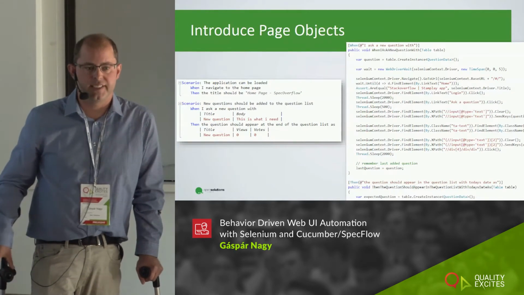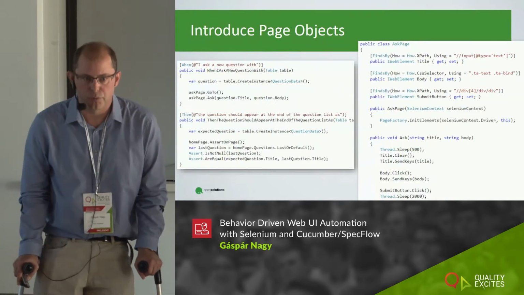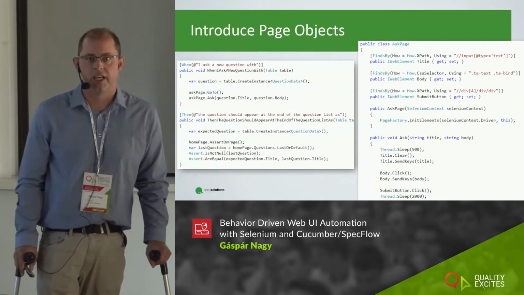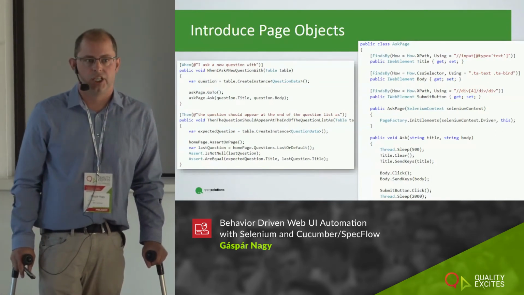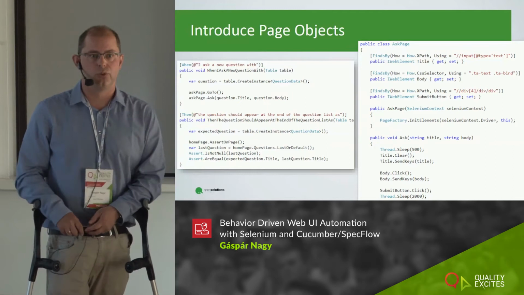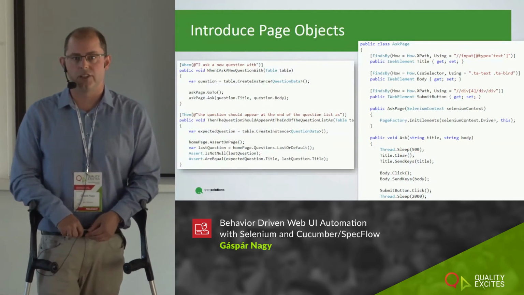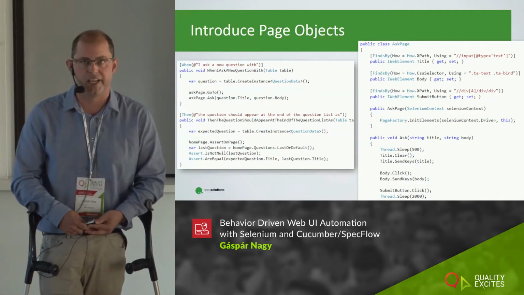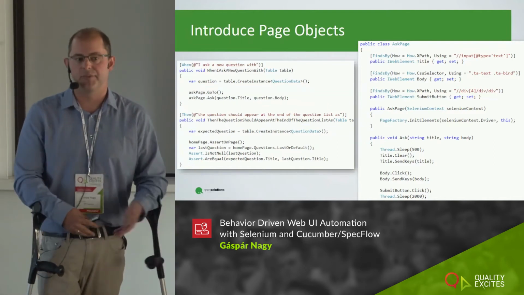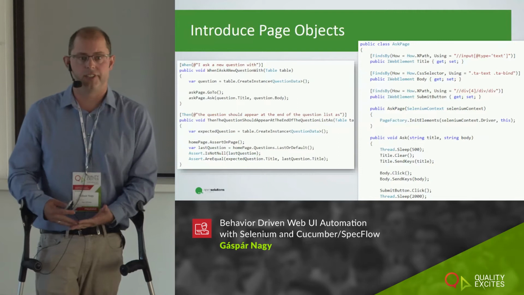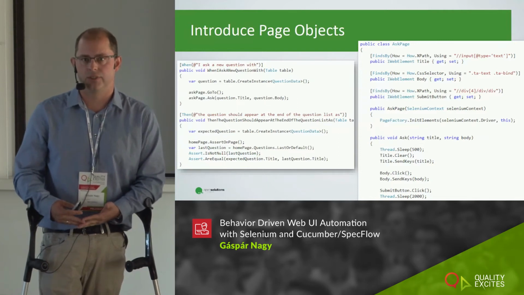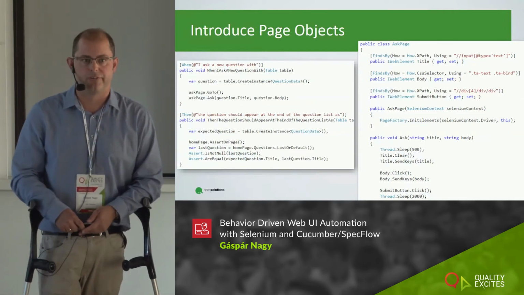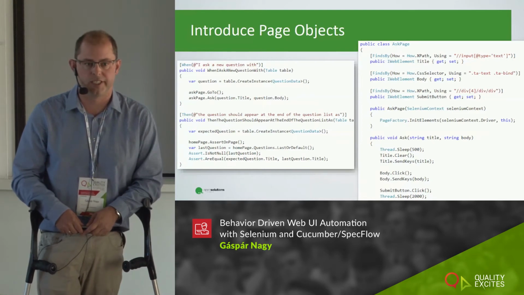And page objects are basically providing us an abstraction of a page, which is encapsulating all the details that we have to know about the different pages. So, for example, how to access the different elements on the page. And instead of duplicating them in the automation code base, we have it in one place. Okay, so I think all of you have heard about page objects, so I don't have to explain it in